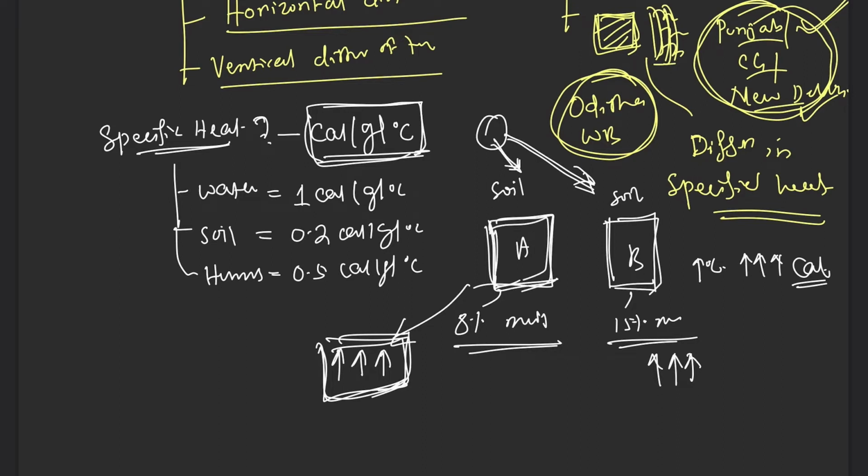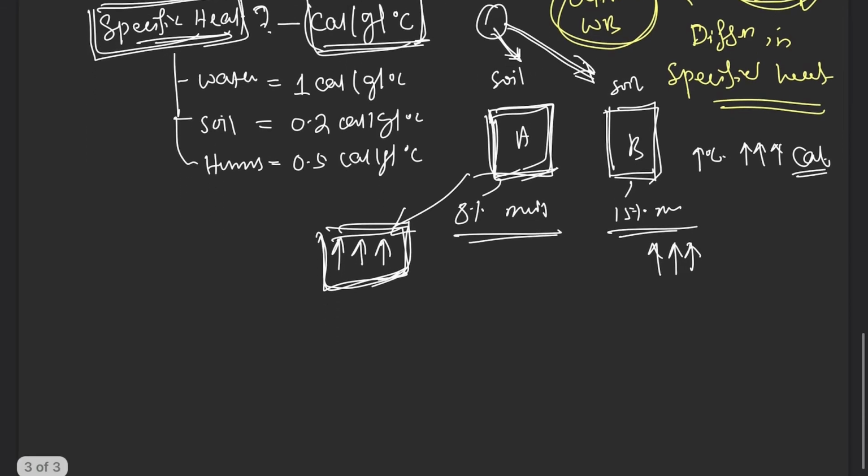If the specific heat of a substance is higher, the substance requires more energy for its increase in temperature, right? If the specific heat is lower, then that substance requires less energy to reach that temperature level, right? So due to this difference in specific heat,